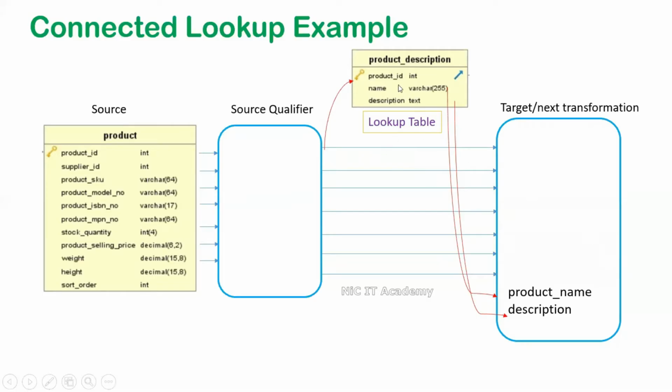In order to take this product ID and product name, either I can go for a joiner or I can go for the lookup. If the table is on the source side, I can go for the joiner. If the table is in the source or target, or if it is a flat file or anywhere in the pipeline, I can go for the lookup transformation. So this is what the lookup is. We can pass or look up a value and then join and get the record details.